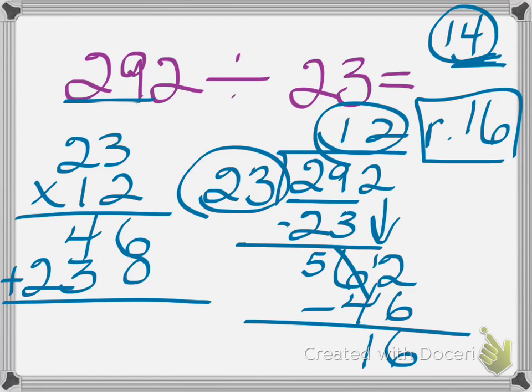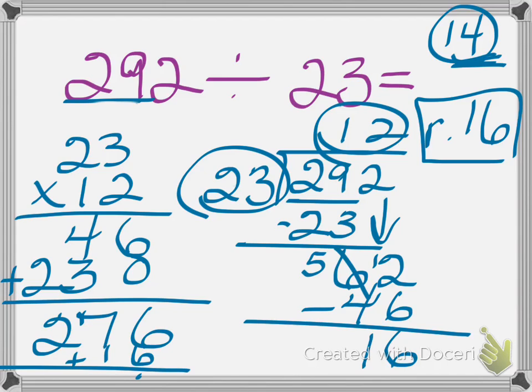Add it all up. 6 plus 0 is 6. 4 plus 3 is 7. And then nothing plus 2 is 2. Add on my remainder, my 16. Ooh, running out of room. 6 plus 6 is 12. So add on 1. 1 plus 7 is 8, plus 1 more is 9. And then 2 plus nothing is 2. So 292